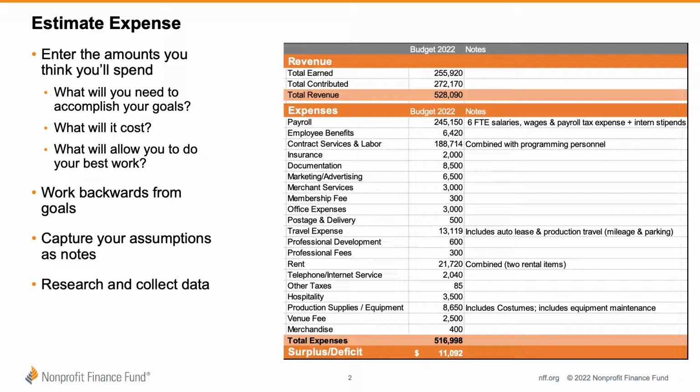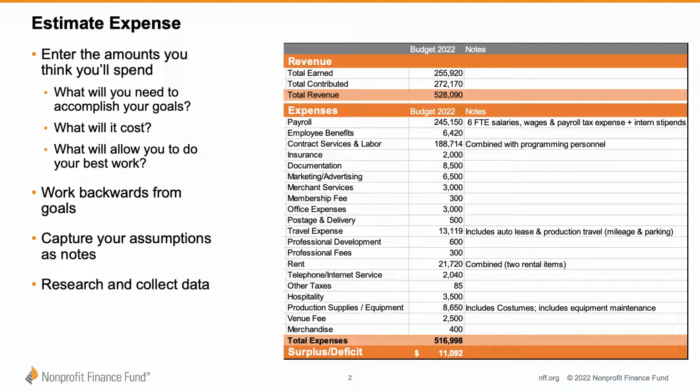If you're starting or running an organization for the first year, you'll also want to think about those upfront one-time expenses, such as if you need to start up a website or get accounting software or hire an accountant for the annual taxes, liability insurance if you're working with volunteers, or other software. Think about both those one-time expenses as well as the costs that will recur on an ongoing basis in the future.